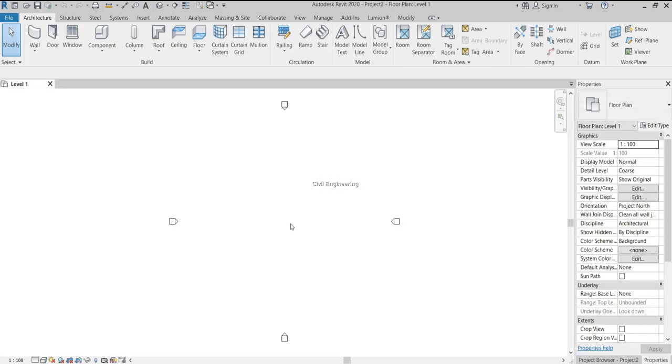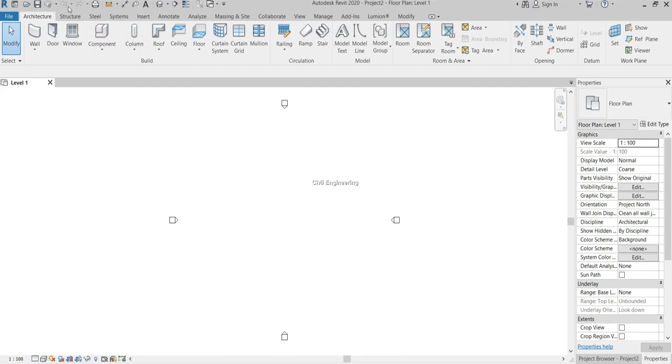This is the newly opened project interface in Revit, and I will introduce the parts of this interface. In the left top part, this is the quick access toolbar. You can see the cursor, and this is the quick access toolbar. In the quick access toolbar there are a few buttons which you can use when we are doing our models, and as the name of the bar says, quick access, we can access some options or some tools quickly by